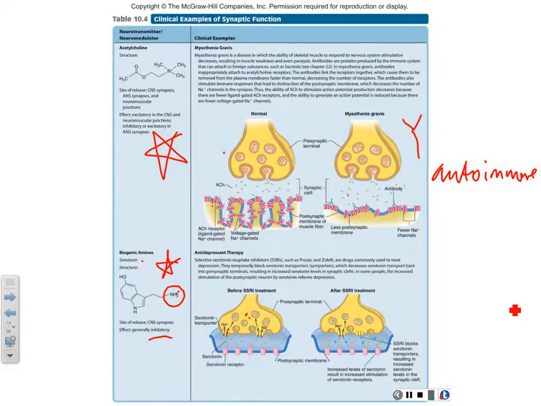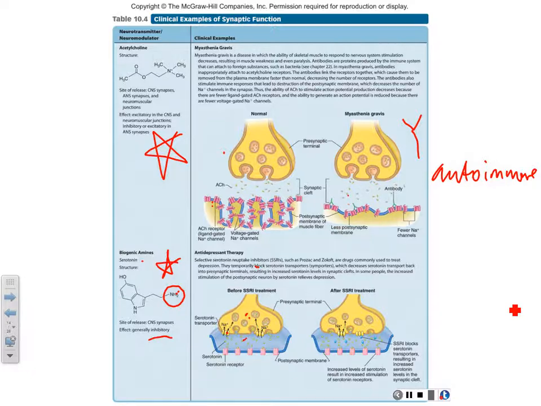by the cells. But one of the bad things about this is that you get used to it quickly, you adapt to it quickly too. Like Prozac is one of those drugs, and then soon enough you need another drug, because again your body will start to regulate the receptors. You see what I'm saying? That's what it will do. Okay? So selective serotonin reuptake inhibitors will cause more of it to be in there, the serotonin.